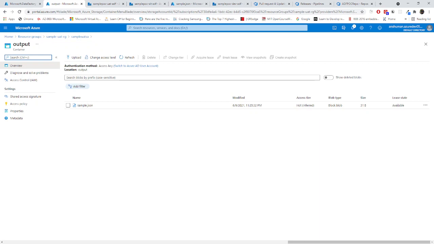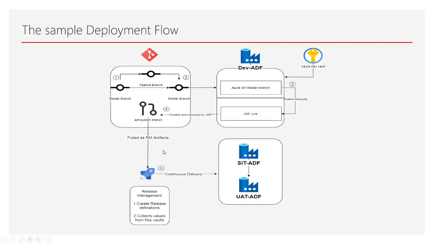To summarize everything we have done: first we created one Git branch, our collaboration branch, which will be the master branch. Then we connected our dev ADF pipeline to our Git. Whenever we do something, we create a feature branch and update the master branch by pushing it using a pull request.